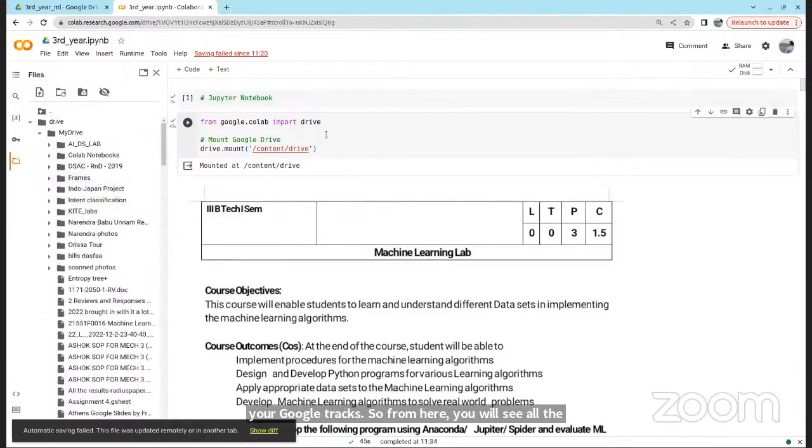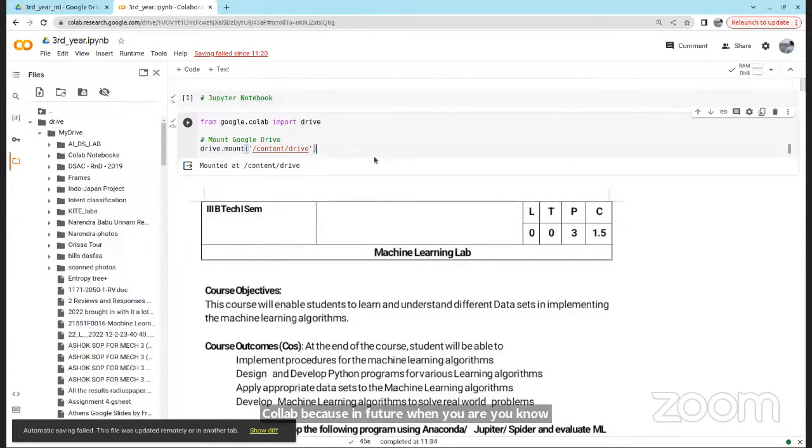So this is a mandatory step that you have to do if you are using some file names or file access in your code. Otherwise, it's fine. You can run anything. If you are not using your drive to store any file, or you are not using any file in your code, then you don't need to run this, or you don't even need to keep this in your code. But in machine learning, we mostly work with data, right? So we'll have to keep some files somewhere. Why I'm using this particularly is because I wanted you to get familiar with Google Colab, because in future,